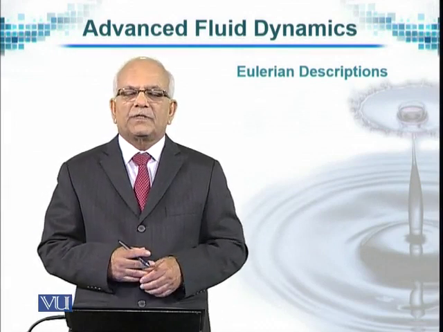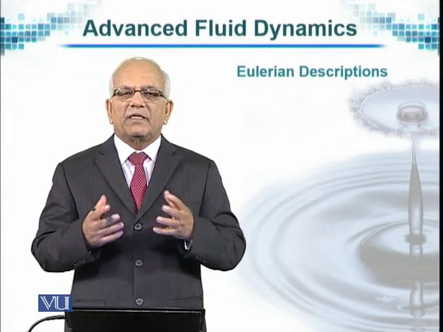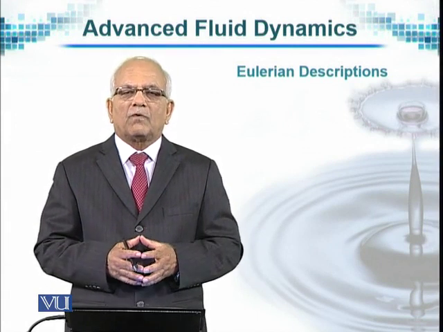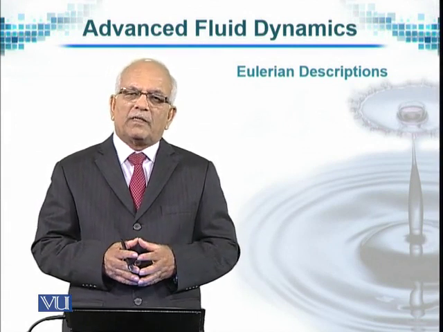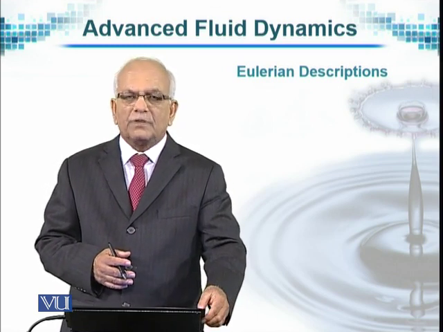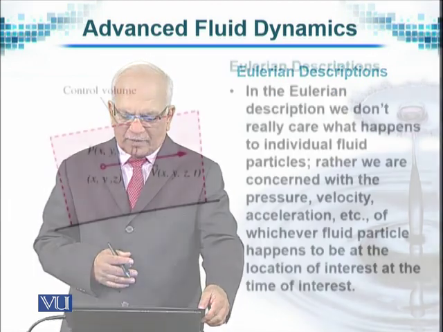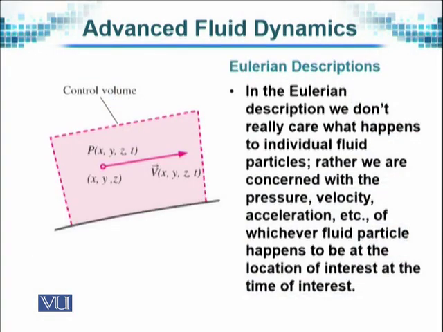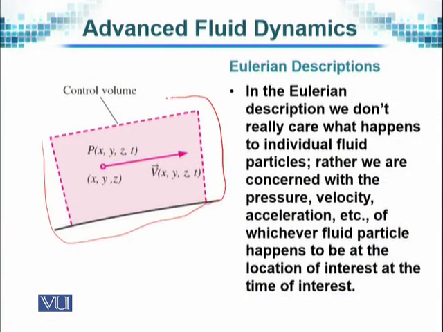In Eulerian description, as I said, we consider a certain mass or volume of fluid and then we study the motion that takes place with respect to that fluid. So here is a control volume shown in the dotted line, and let's say the fluid properties that we need to be able to study the motion of the fluid will be the coordinates of a certain point x, y,